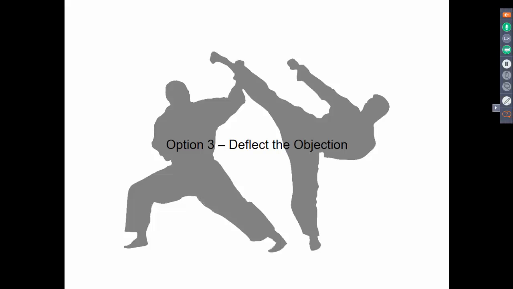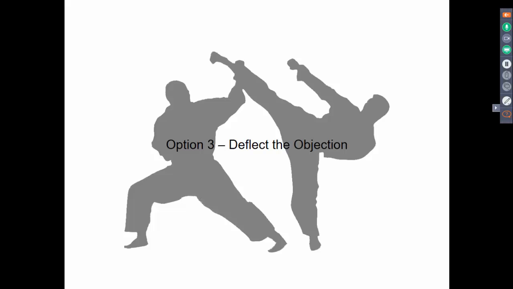It's not necessarily to take the prospect down, or take the opponent down, if we're thinking about karate or some fighting. So let's apply that to objections. If a prospect delivers an objection to you, maybe there's a way you can deflect it so that you don't necessarily resolve it. You don't take the hit dead on. You just kind of let it glance off of you.